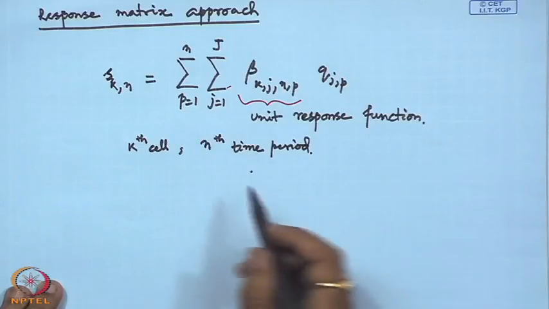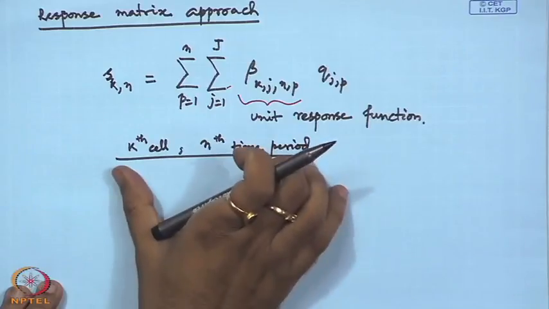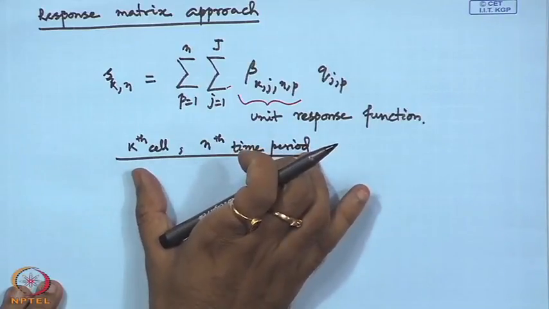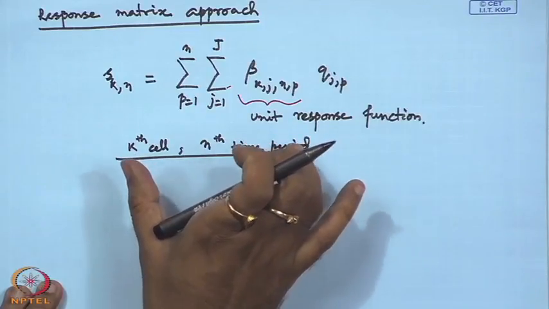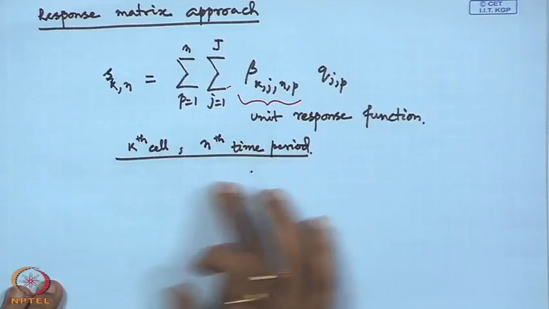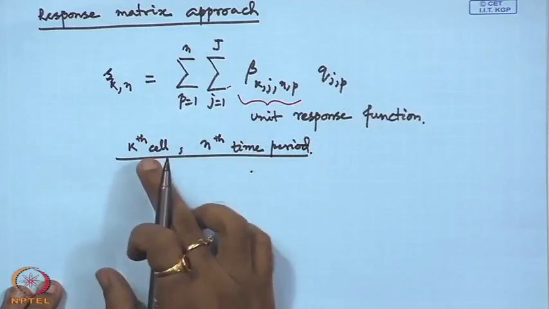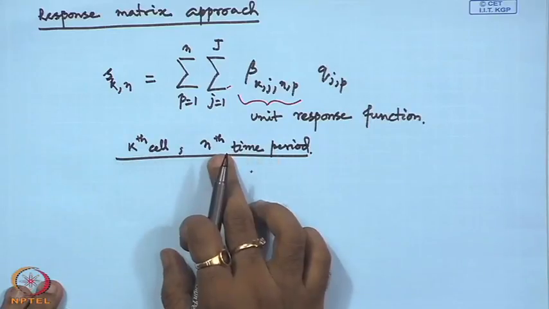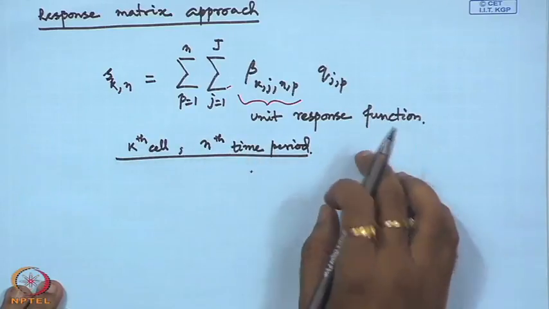So, it is basically denoting the change in drawdown for the kth cell at nth time period due